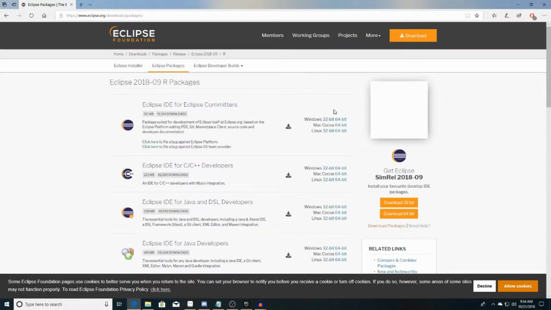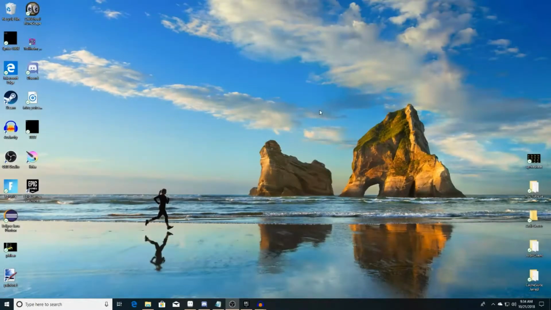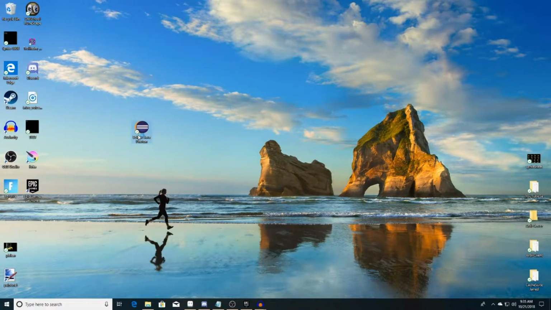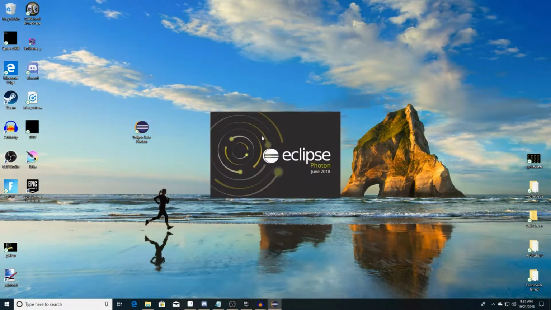So once you've got that downloaded, you'll be able to install it. It's pretty self-explanatory, and then you can open your Eclipse, and once it opens,